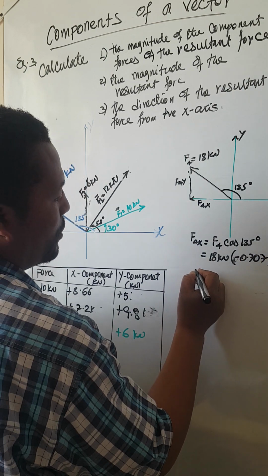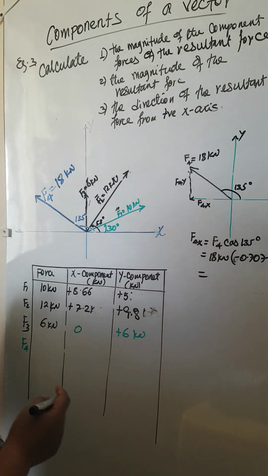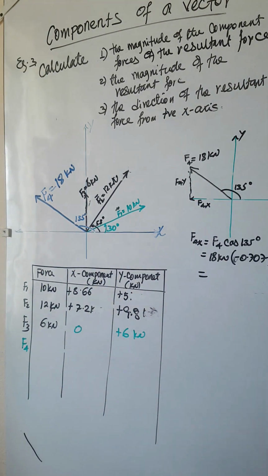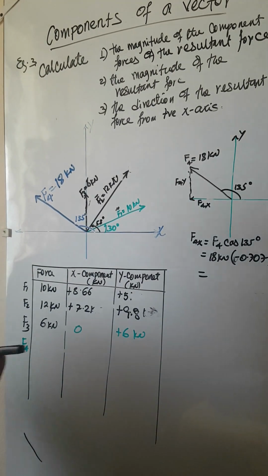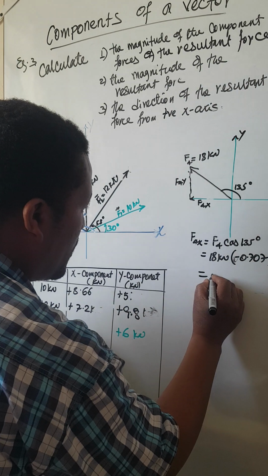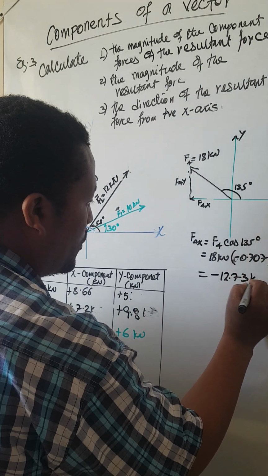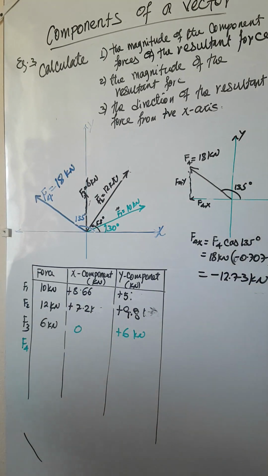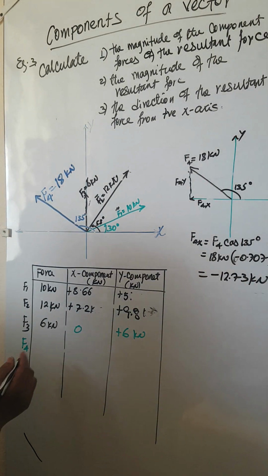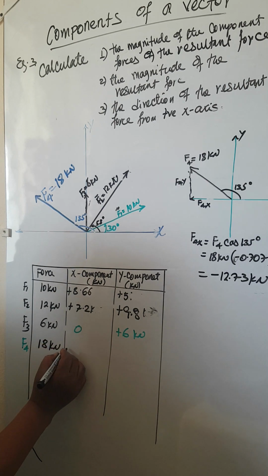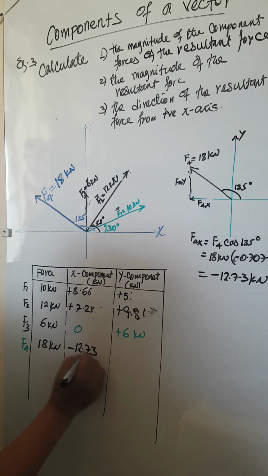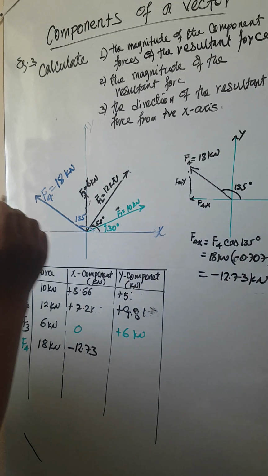The product goes negative, this is negative 12.73 kilonewton. Now force 4, which is 18 kilonewton, has an x component of negative 12.73 kilonewton,